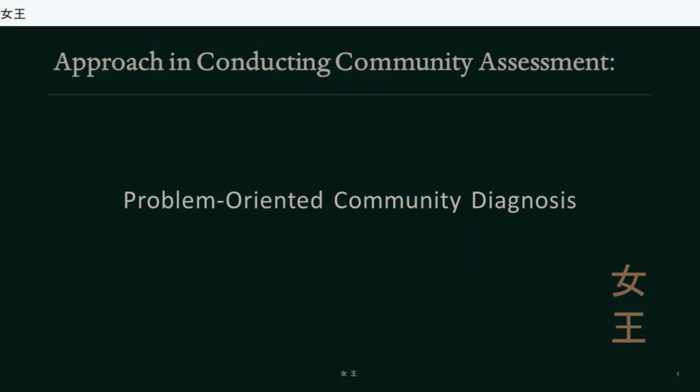Problem-oriented community diagnosis. This type of assessment responds to a particular need. This is focused on a particular aspect of health. In this approach, the nurse collects information with a certain community problem in mind, and then proceeds to gather information from the aggregate vulnerable to the problem. This approach is workable when the nurse is familiar with the community, such as when a comprehensive community assessment has